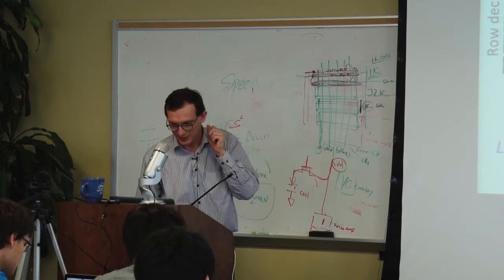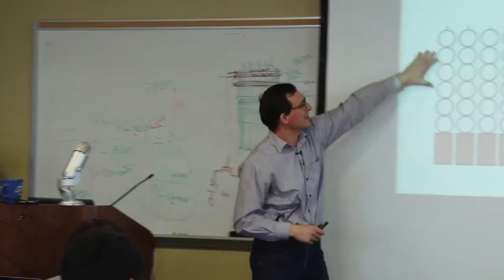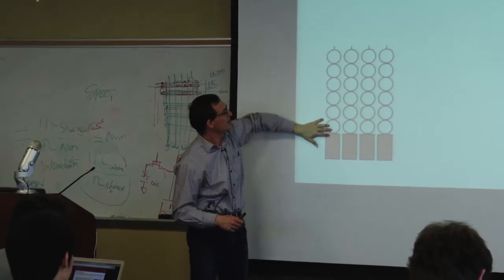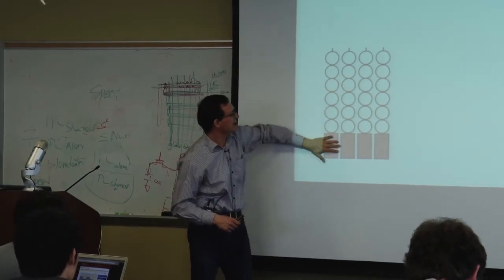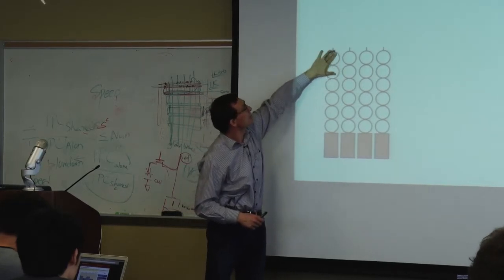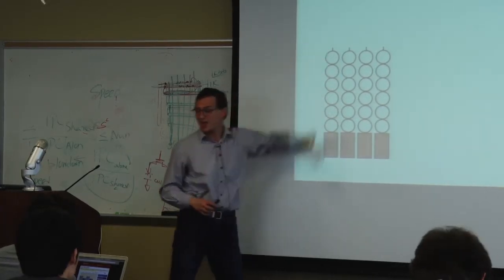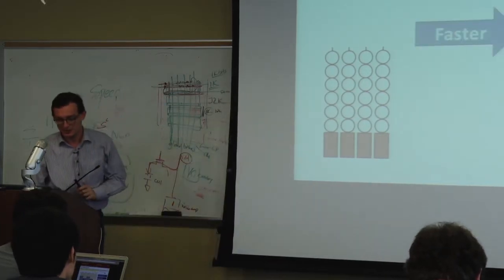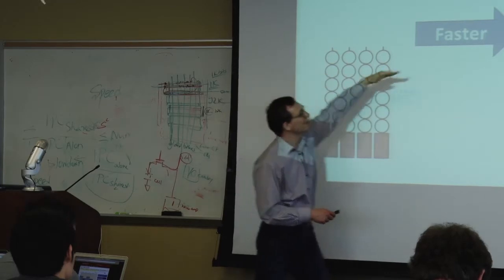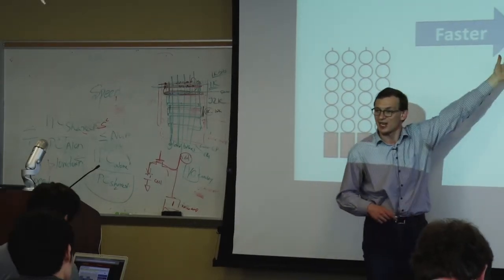This is what we talked about. Basically, this is what you have today. In a subarray, you have, let's say, 1,000 cells connected to a bit line, and you have a sense amplifier connected to that bit line. This long bit line is slow because it has high capacitance, right? To make it faster, you could do something like this. You could chop up the bit line into smaller bit lines and have sense amplifiers, basically smaller subarrays, right?